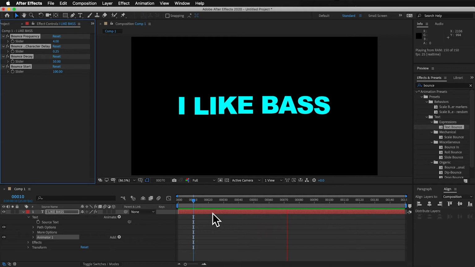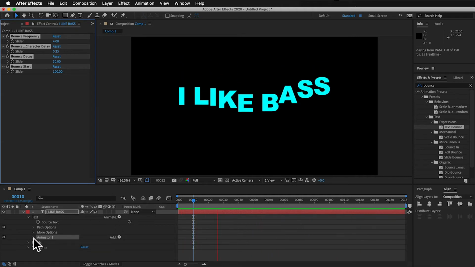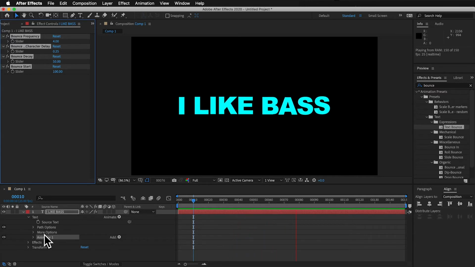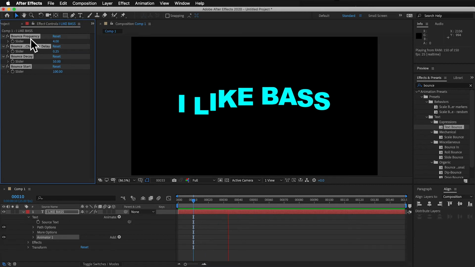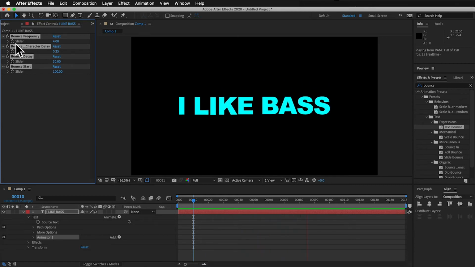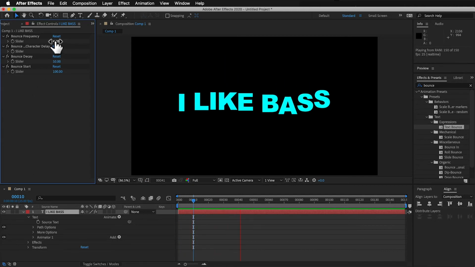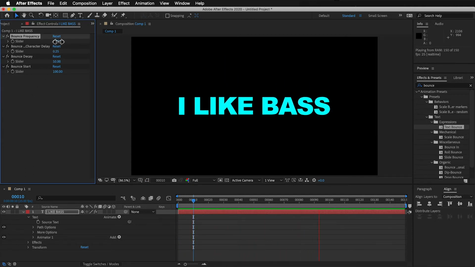Many of the presets have got little controls within them that you can change, but this particular preset, like a few of them, has effects controls up here. This one has 4: frequency of the bounce, character delay, and a couple of other options. I can play with them, so if I bring the frequency of the bounce up, for example, you'll see the bounce. So that's a higher frequency, and then obviously if I bring that number down,